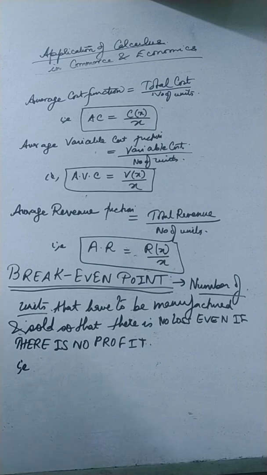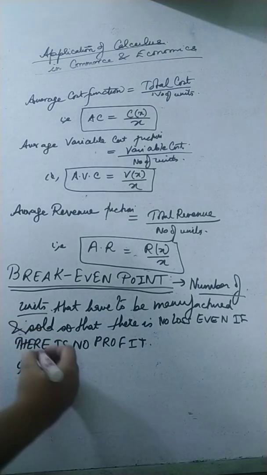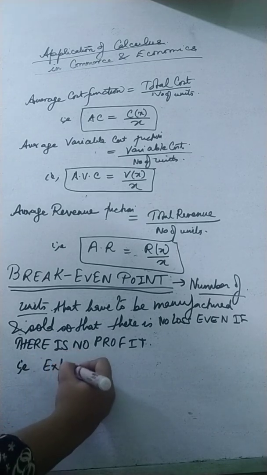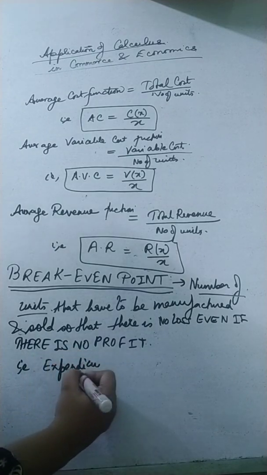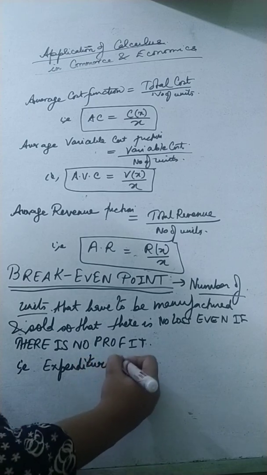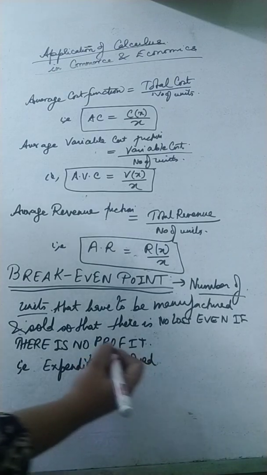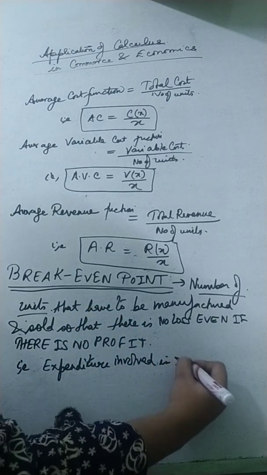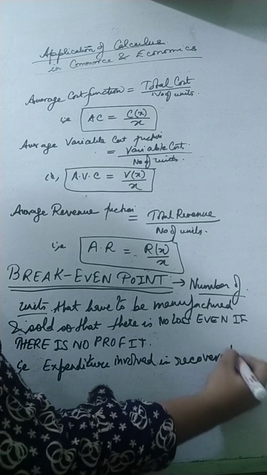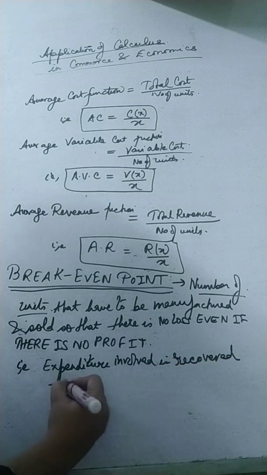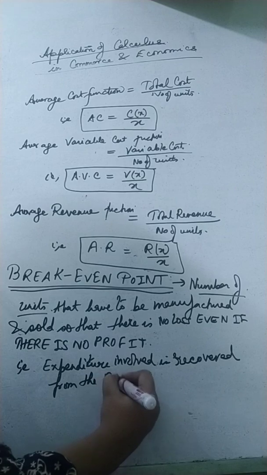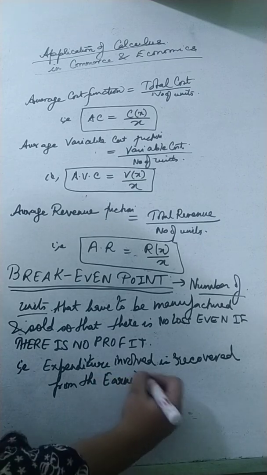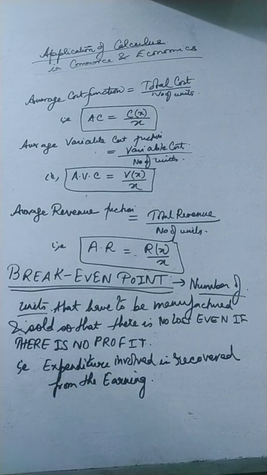So it is such that the expenditure involved should be recovered from the earning that you make. So it is the minimum number of units that have to be manufactured so that the expenditure involved is recovered